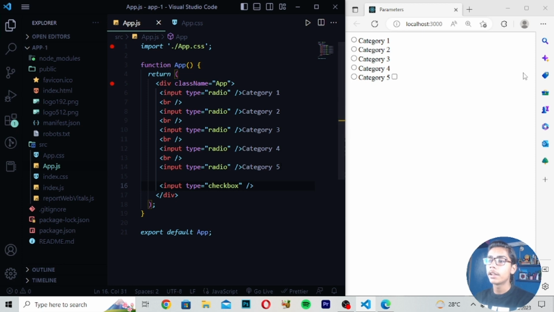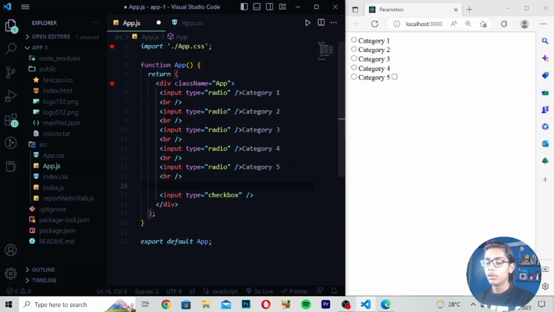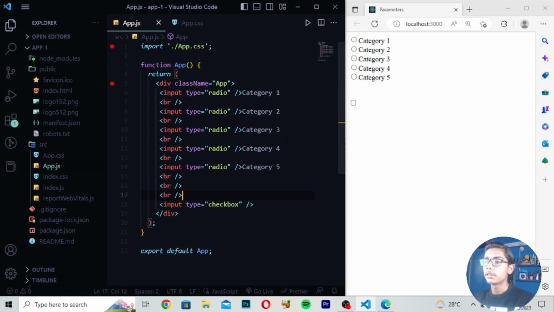You can see now we are getting checkbox here as well. You can also use br tag here to make it go to another line. So I will be moving down and adding a br tag here, and then you just use the br tag like this. Save. You can see now it is having two line spaces that you have to write in this checkbox,